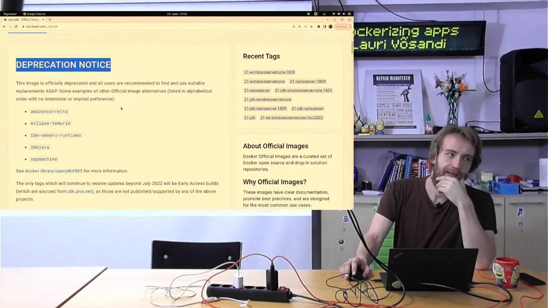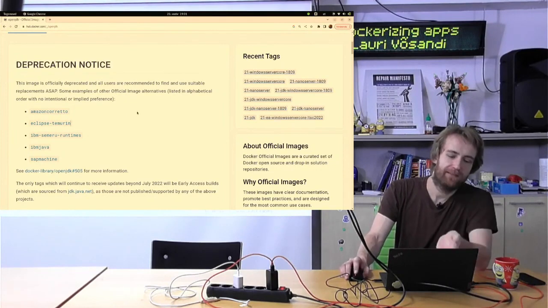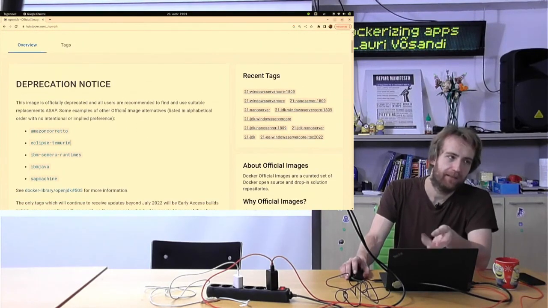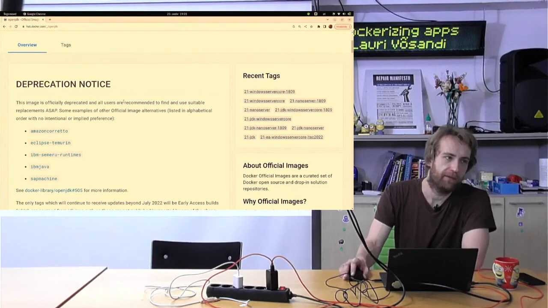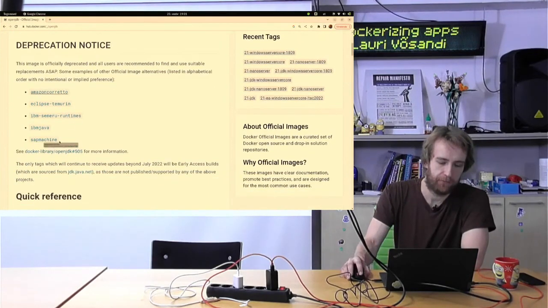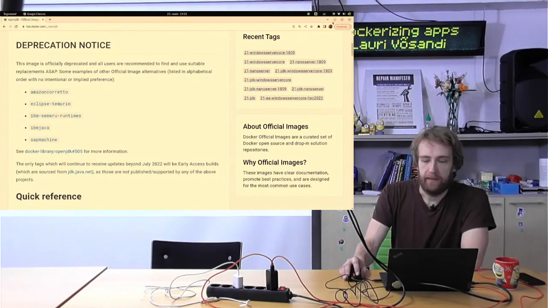But this is an example of how you can kill a whole ecosystem. I would say it's terrible that there is no single official Java image. Like what the hell? And now you have like 5 different ones from different vendors. Anyway,